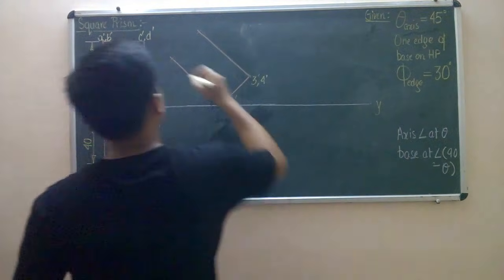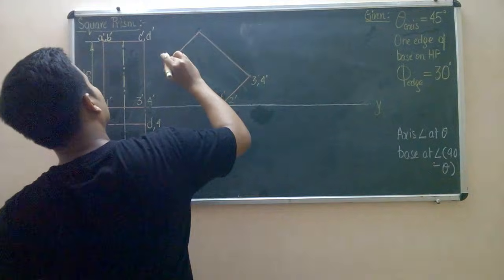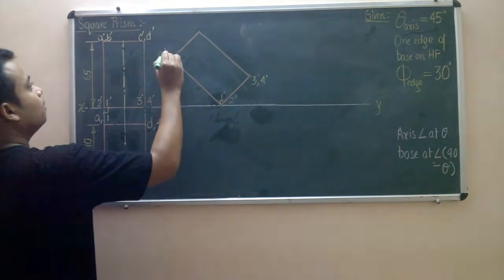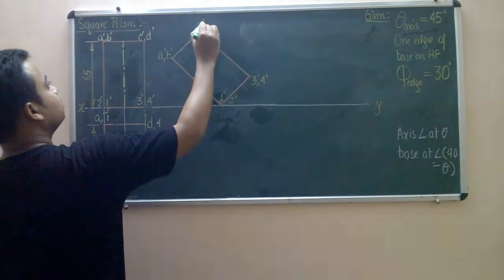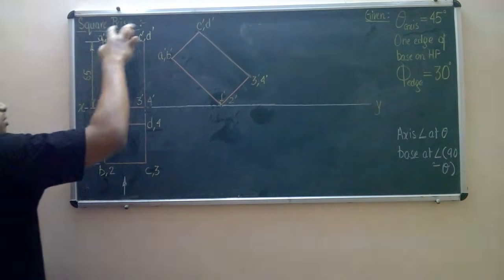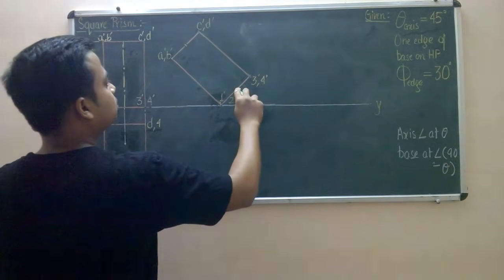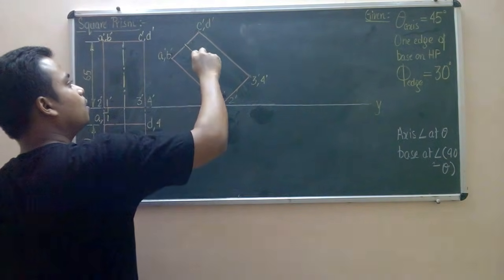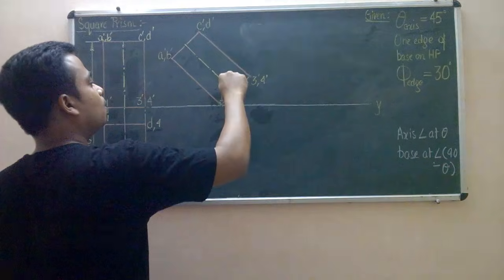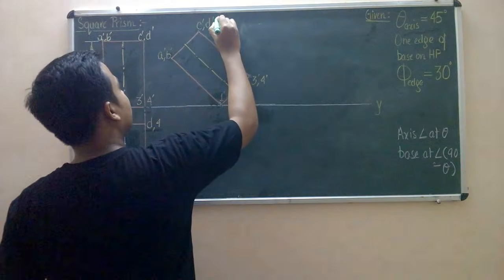Let us join them. Okay, fine. Now here we have A dash, comma B dash. At the same time we have C dash, comma D dash. One more thing which can be done, you can make this axis also. It is located exactly at the center. So let us make the axis. Well, that's it. That's the axis, and now we're going to look at this object